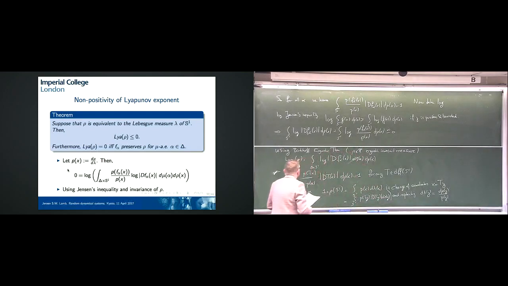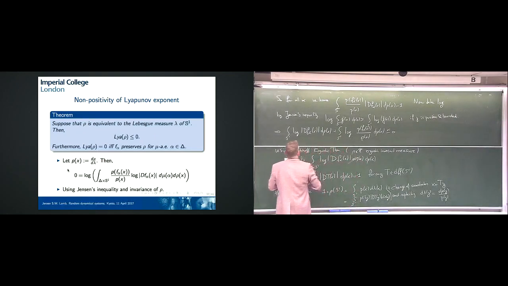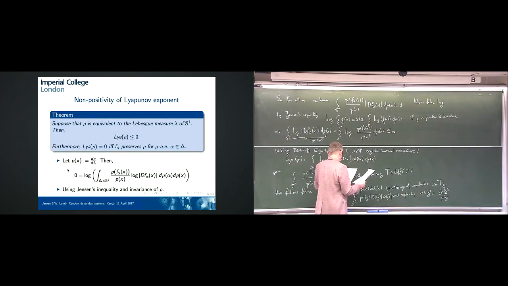This is just by using that the log of the product of the things is the sum of the logarithms. So I get this inequality, and I just have to observe that this guy, this is the Lyapunov exponent. And the other guy is